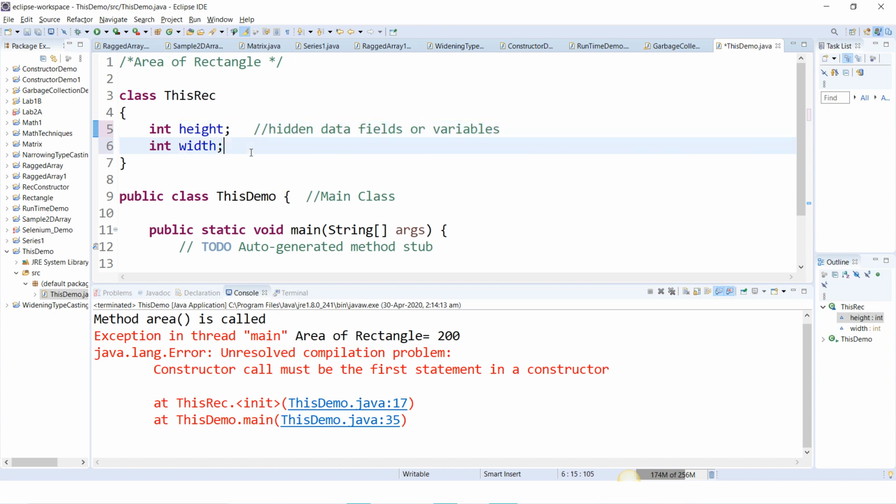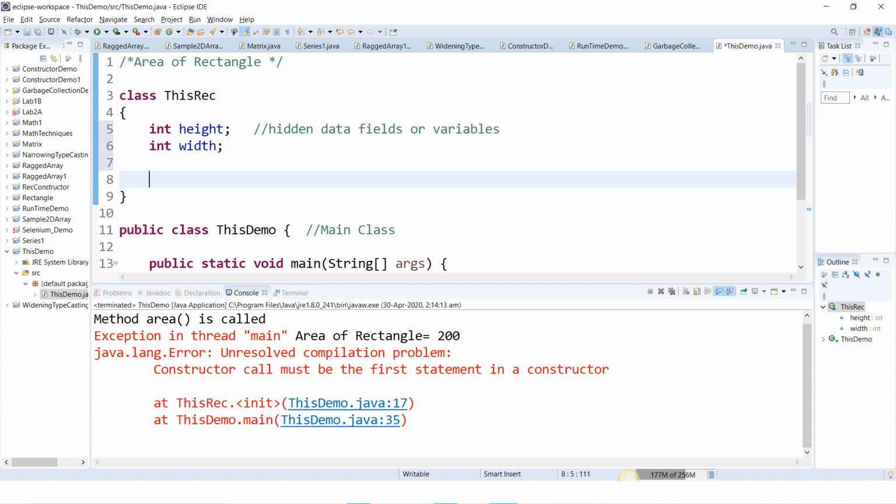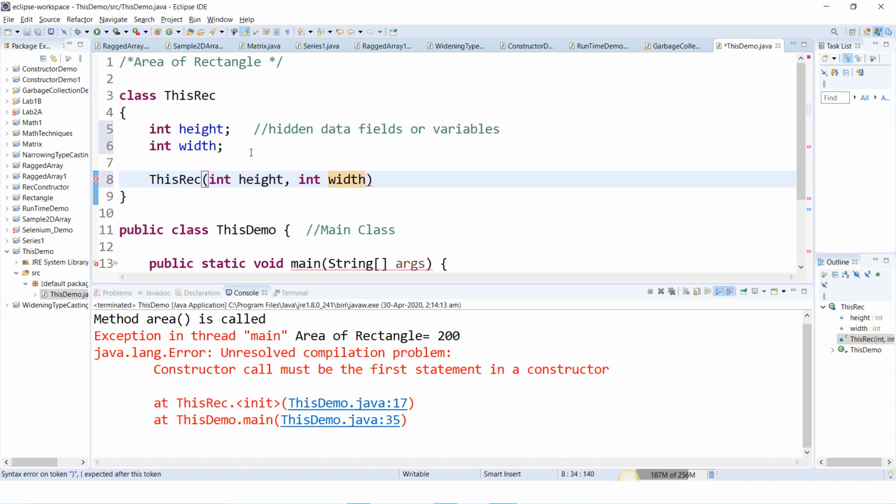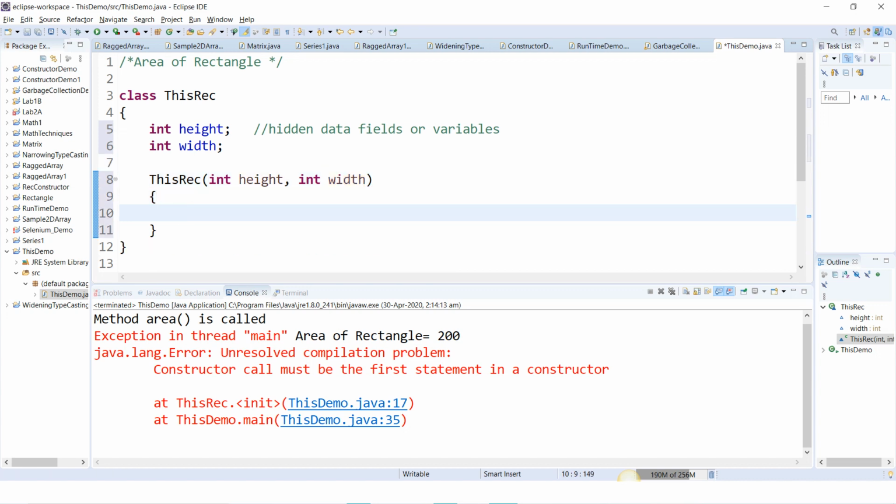After this, we will initialize height and width. We'll create a constructor with int height, int width. We will assign this particular height to this height.